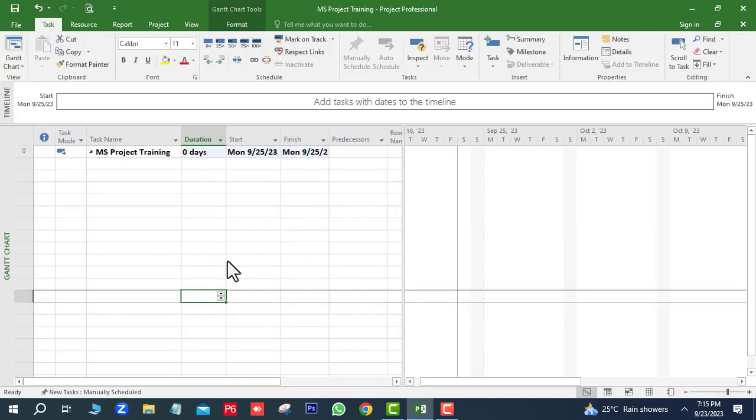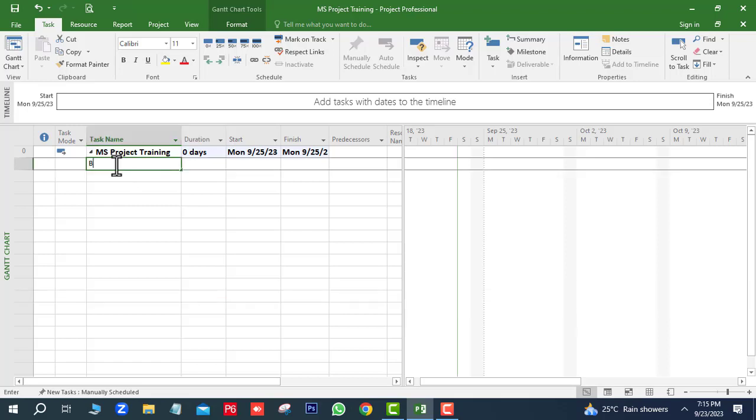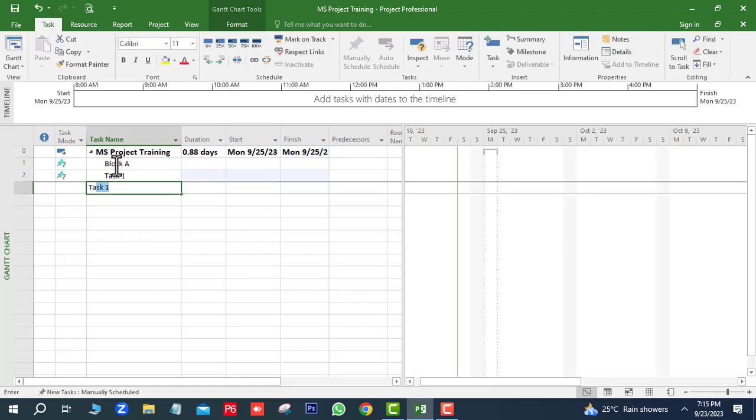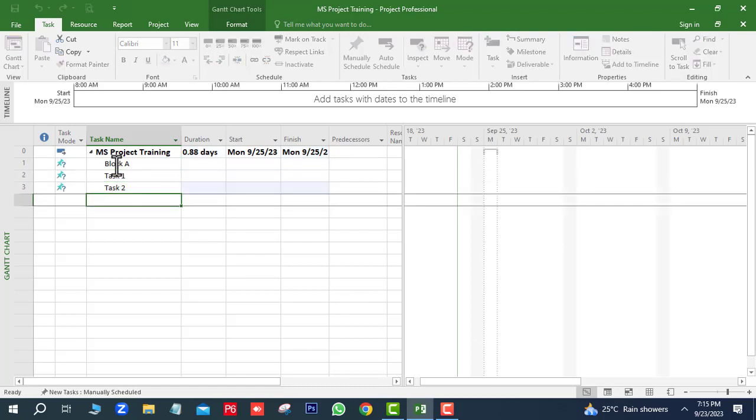In this project we have two blocks, Block A and Block B. There are 5 tasks in both the blocks. Here first we will write Block A and also add the tasks on the same level. First we will write the name of the WBS: Block A, Task 1, Task 2,